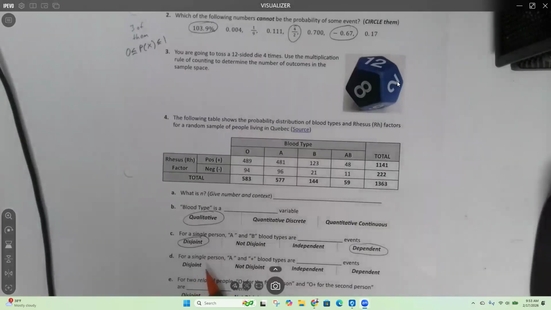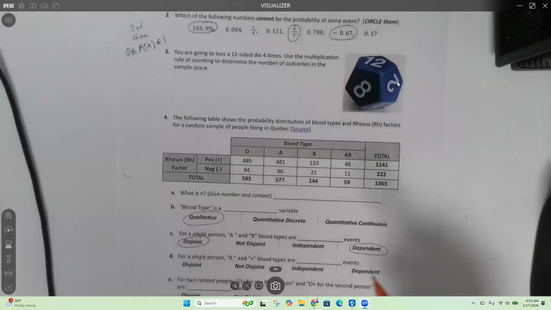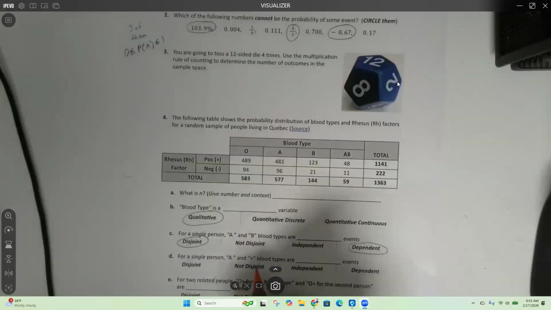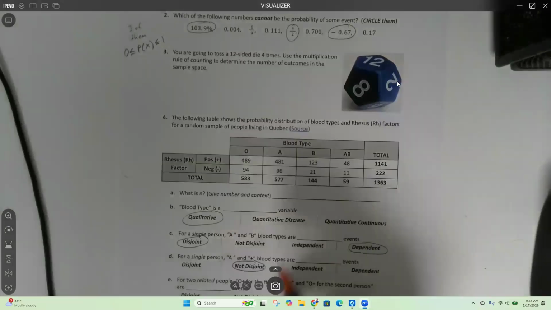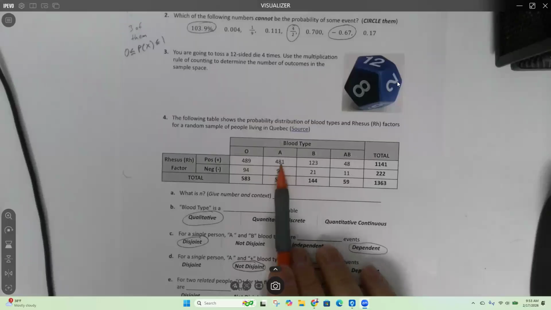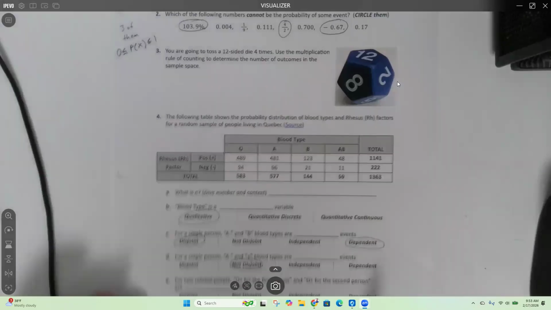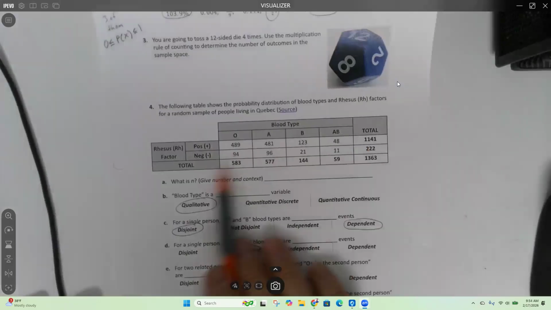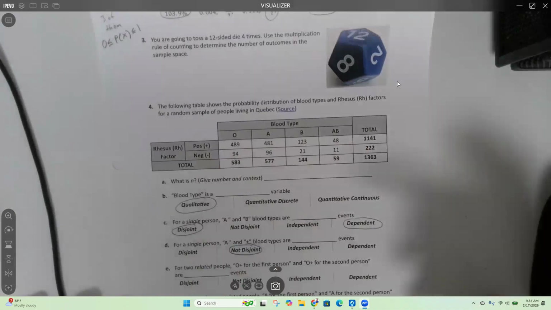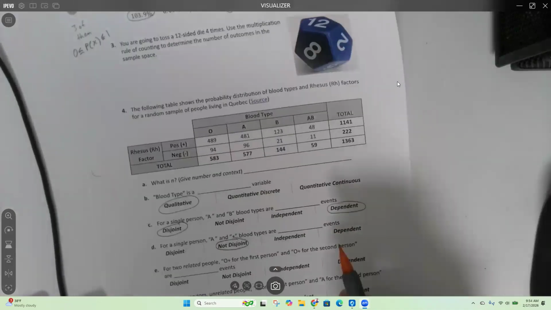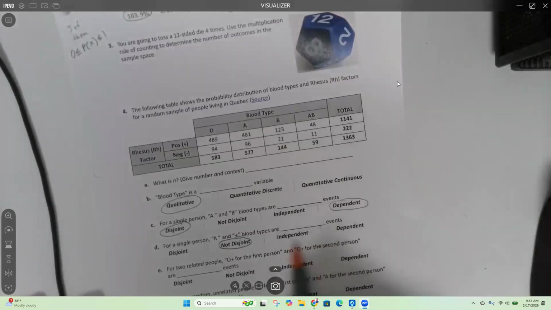For a single person, again, A and plus blood types are disjoint or not disjoint. Can someone be A plus? A plus, that sounds like it's the best blood type. Donna's got it. These are not disjoint. They can happen at the same time. There were 481 people in Quebec that were A plus. I think O plus is probably better, right? I don't know. Did they list them in some order? Probably not. They're not in alphabetical order, so why is O first? I don't know. I have heard that O is the universal donor or the universal receiver. Anyway,